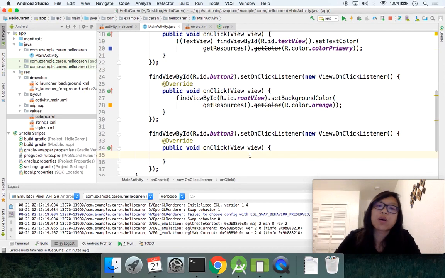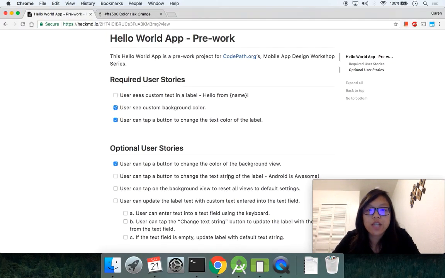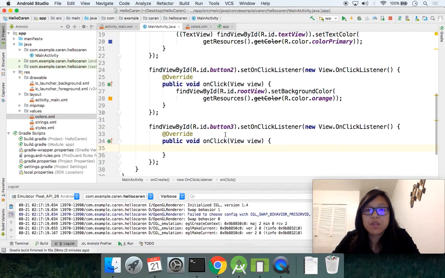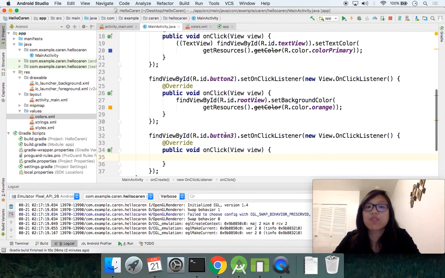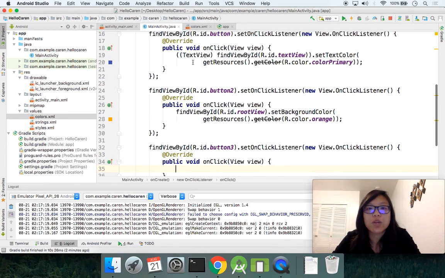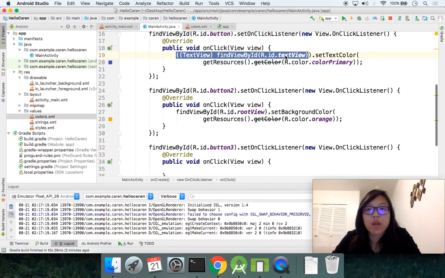Now we can do whatever we want in this on-click thing. So what we want is to change the text string of the label. A couple of steps are involved here. To change the text string of the label, we have to first grab the view, right? Because we can't do anything without first grabbing the view. And in order to grab the view here, we already did it up here when we were changing the text color. So I'm going to copy and paste what we have here, which is first grabbing a view